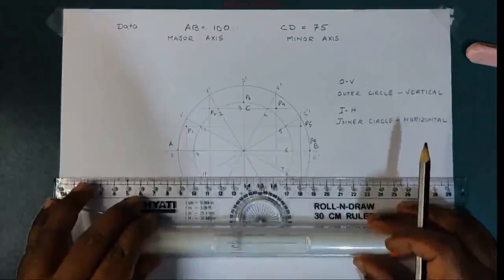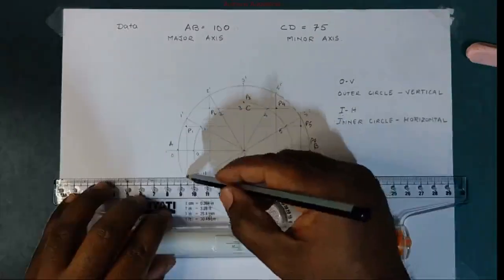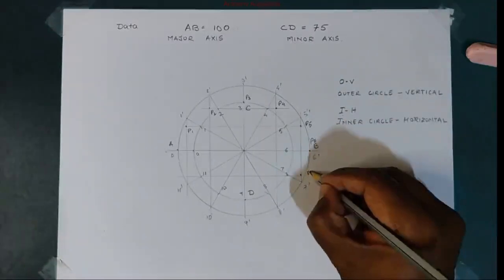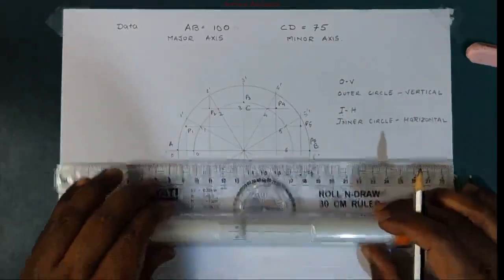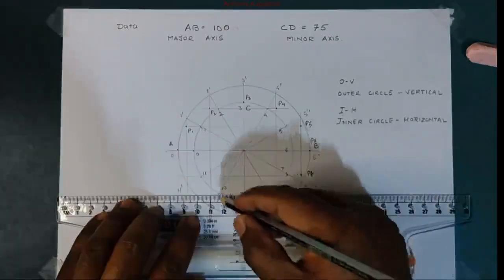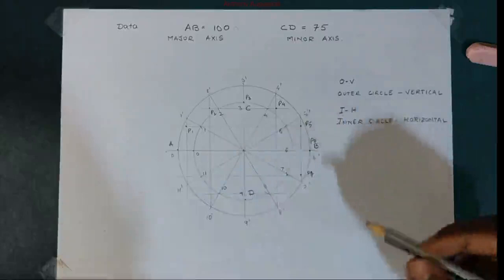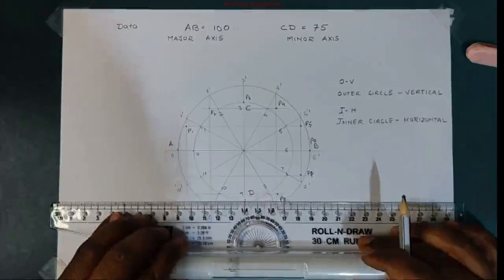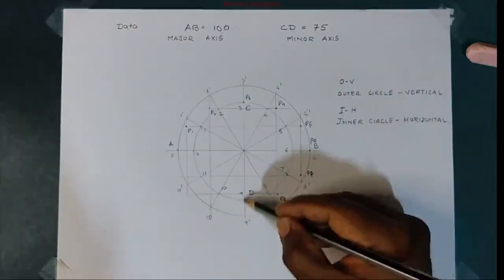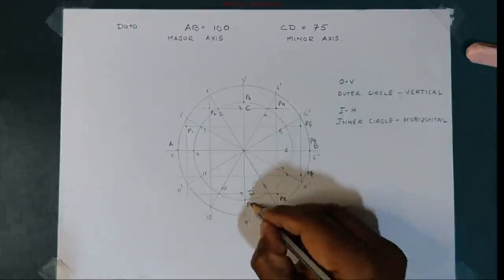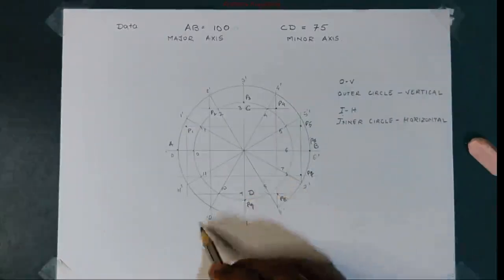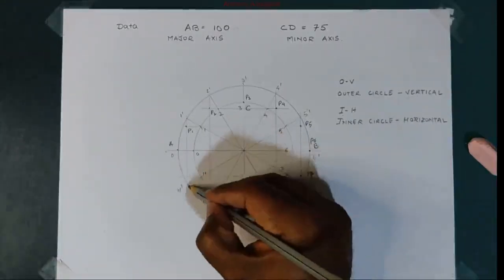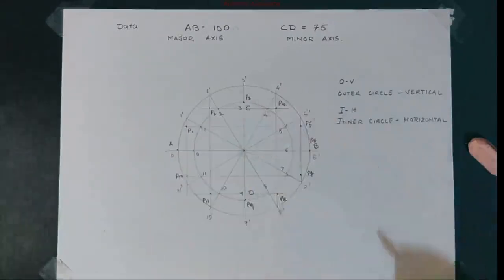Now P7, I have drawn the vertical from the outer circle, and from the inner circle I am drawing the horizontal. So remember, you always just speak out in your mind: from the outer circle you have to draw vertical, and from the inner circle you have to draw horizontal. At the intersection I get the point. So I've got P8. P9 I'll be getting the intersection on the inner circle. Outer circle vertical is there, and inner circle I am drawing the horizontal, so it is on the inner circle itself. Now similarly I find point P10 and P11.